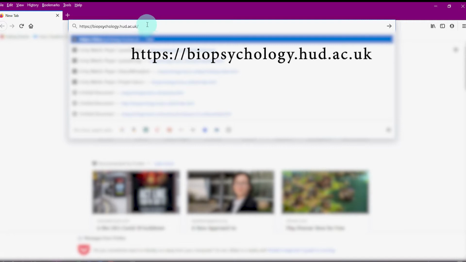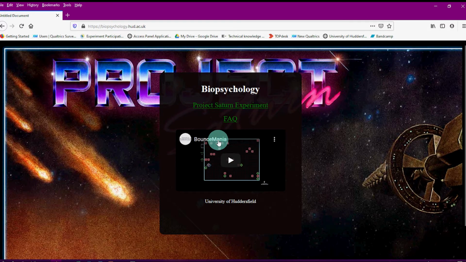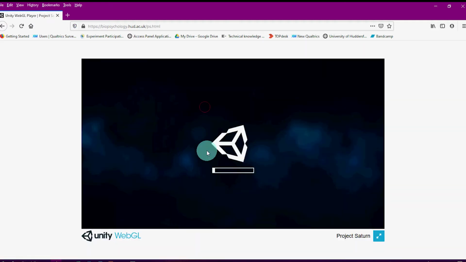First thing you need to do is navigate to this web page. This should take you to here where you can click on the Project Saturn experiment. You can watch this video here, and then there's a FAQ to help you if you're struggling with any aspect of getting it working. So if you click on the Project Saturn experiment, it will start loading up Unity